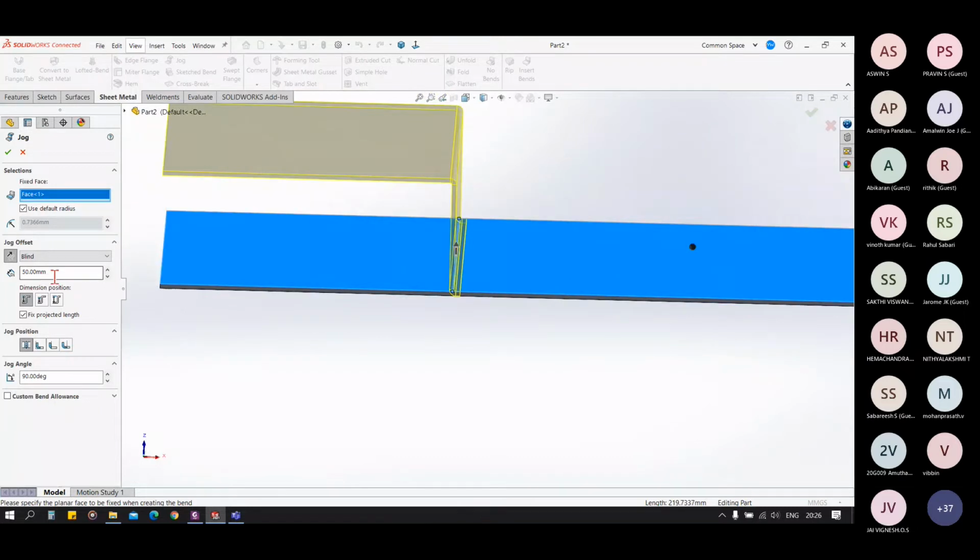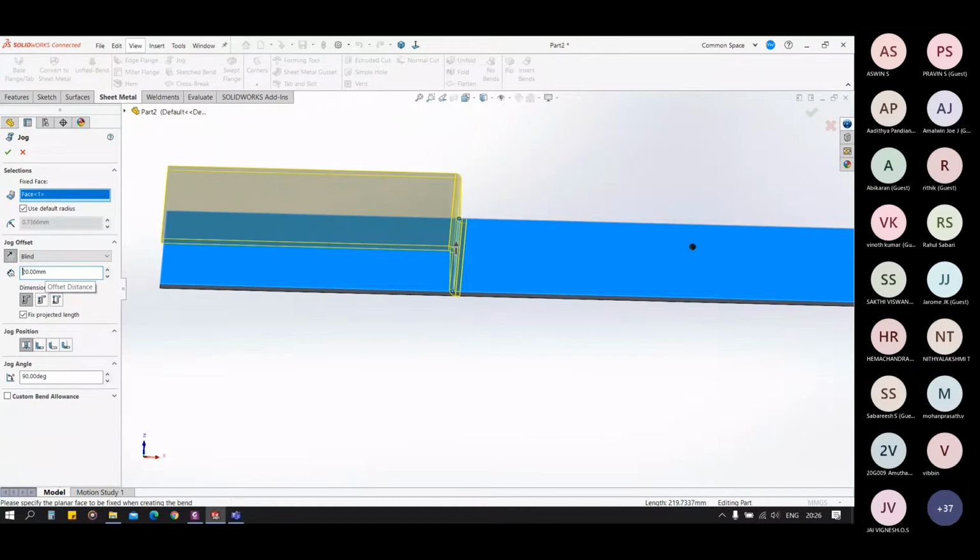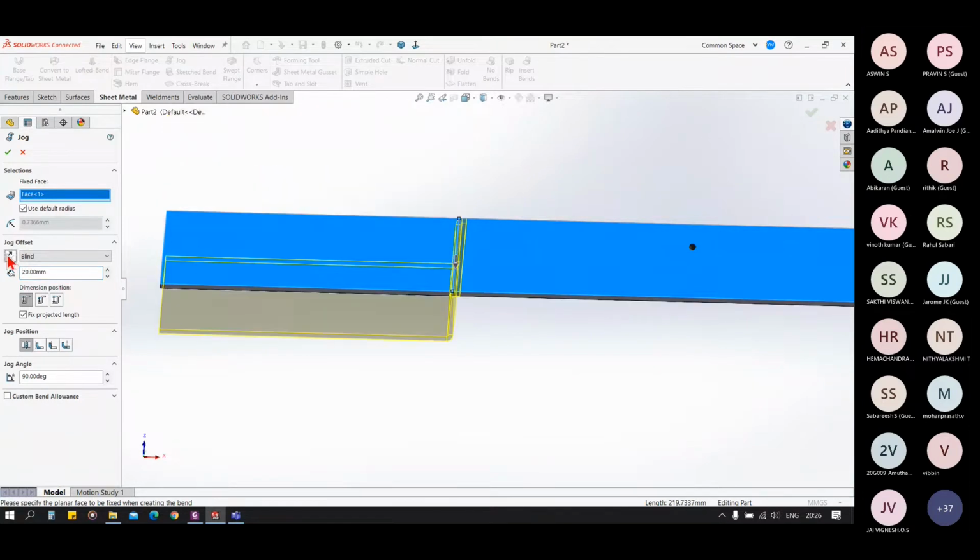We can change this distance. We can change the direction like this. Also, we have the same options as extrude, up to vertex, up to surface, like this. We have different options for measurement of the flange, from the base, from the top, like this.